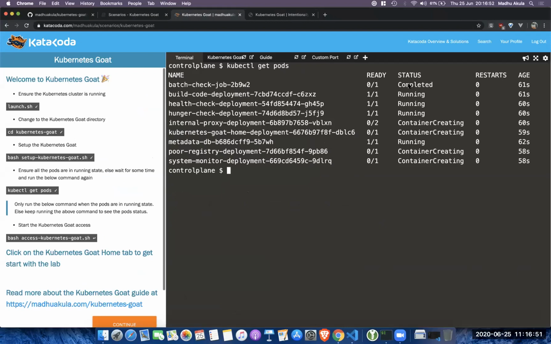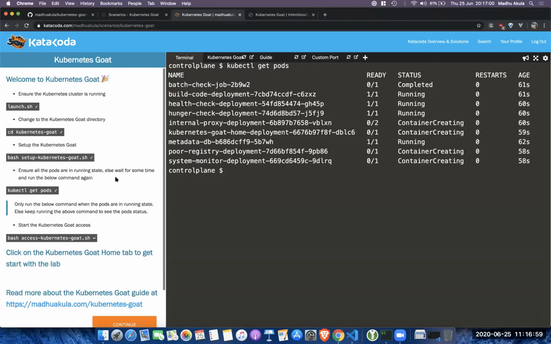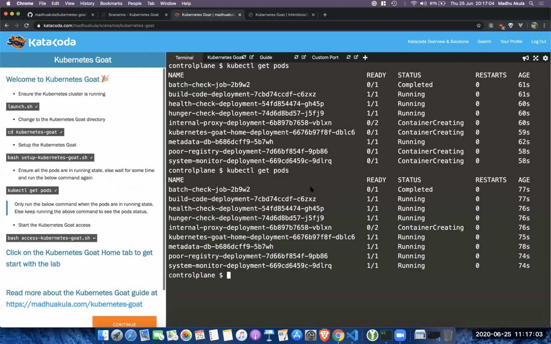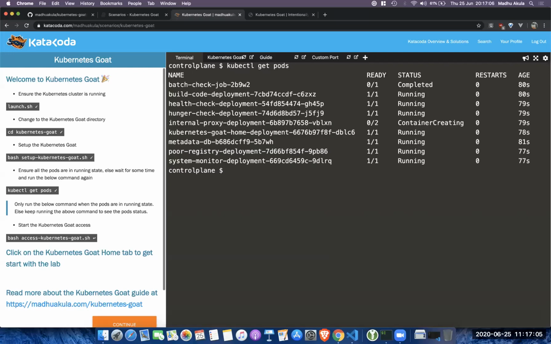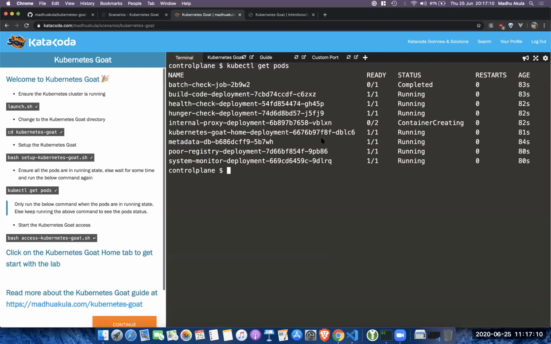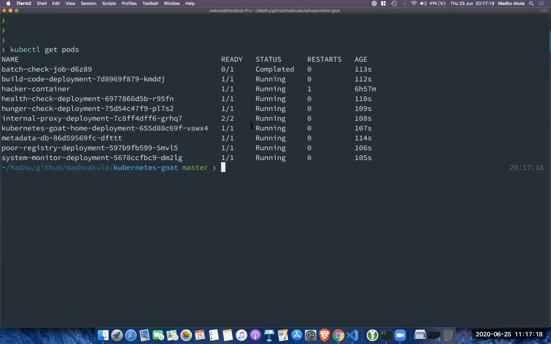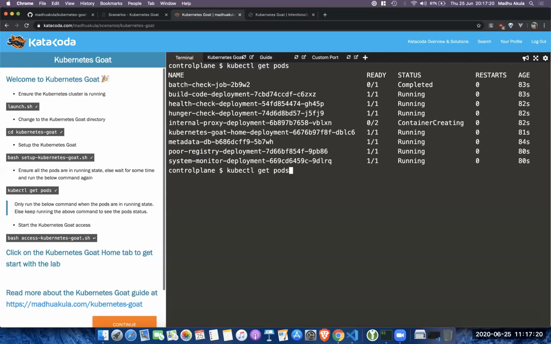I think you see one pod is completed because this is to ensure all these pods are running so that you can expose the Kubernetes Goat environment. Cool. I can see that just one pod is pending. Let me ensure that it's in a running state. I'll get pods here as well. Yeah, it looks perfect here and here as well.